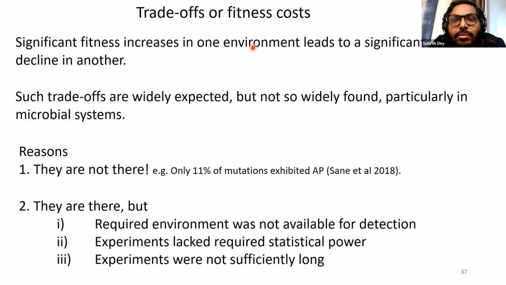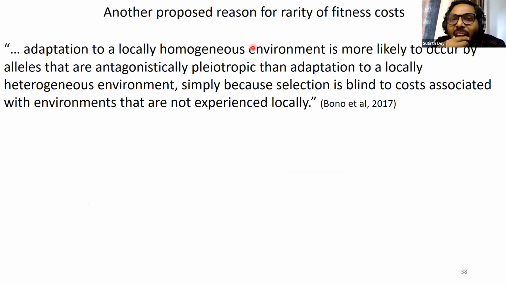Another thing that people often state is that trade-offs will take some amount of time to evolve. So if you are having a Lenski kind of experiment, with thousands and thousands of generations, yeah, sure, that's where you expect trade-offs. But if you are doing something over, let's say, a few hundreds or a few thousands of generations, then probably your experiment is not sufficiently long for you to see trade-offs. Fair enough. Another proposed reason that came up recently, and this is the reason for which fluctuating environments were of interest to us, was